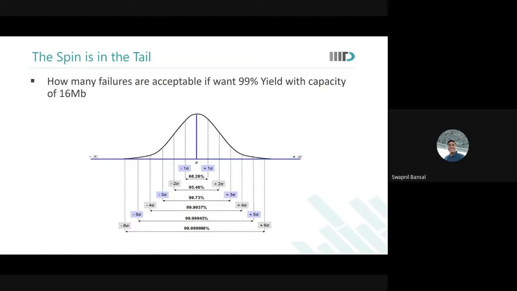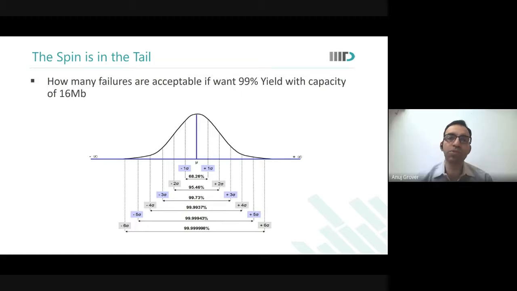I mean, what parameter? This distribution could be cell current, this distribution could be VT, this distribution could be of SNM, anything. We're only talking about a distribution yet. We're not even talking about figures of merit. Figures of merit we already talked about in the first few lectures. This distribution would fit into almost anything. Okay.